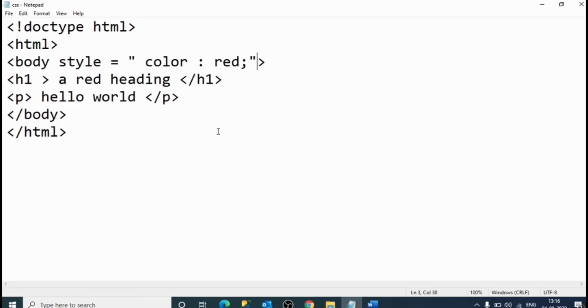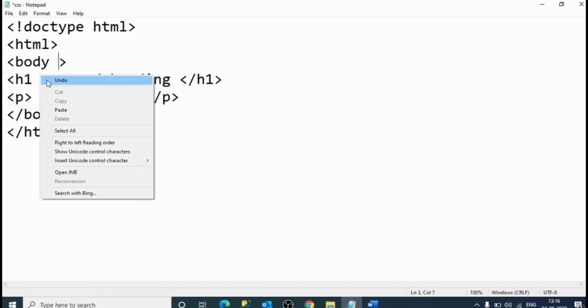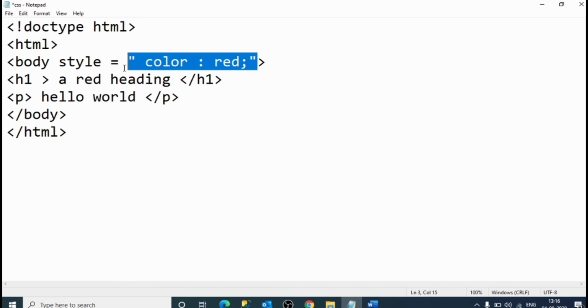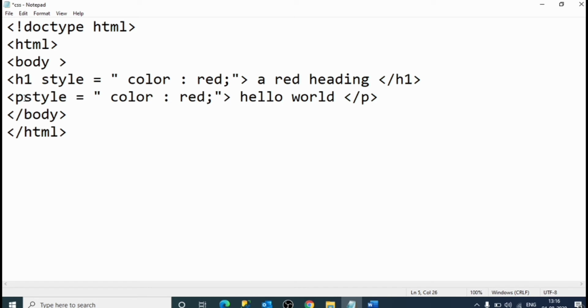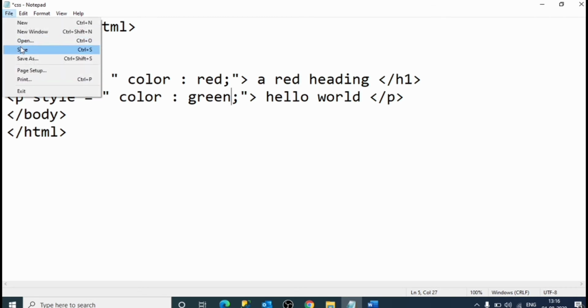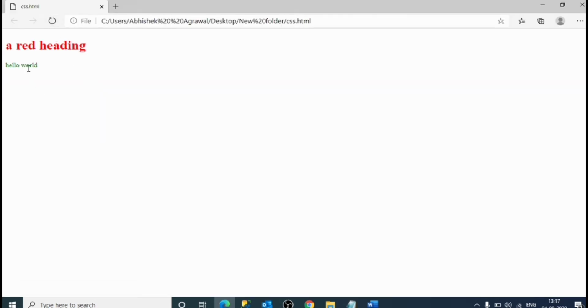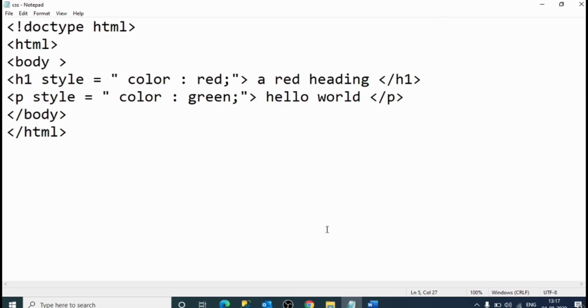Now an inline CSS is used to apply a unique style to a single HTML element.